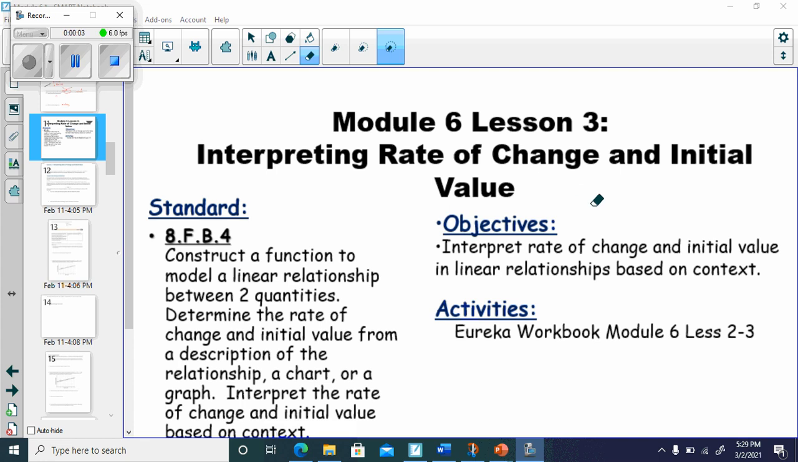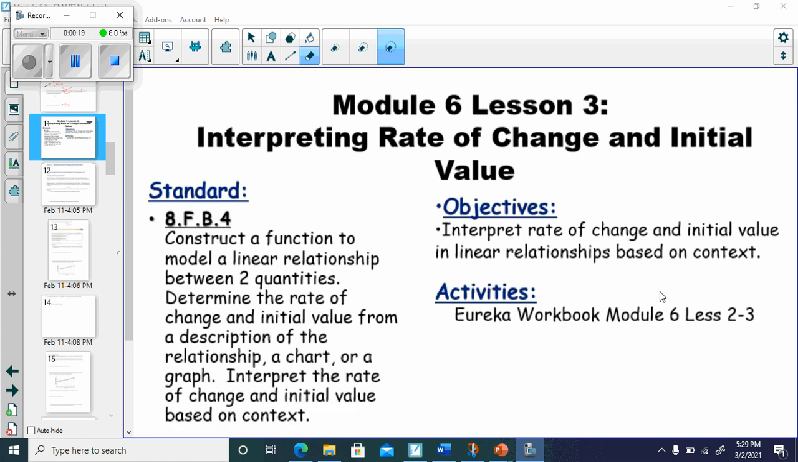This is Module 6, Lesson 3. We're going to be interpreting rate of change and initial value. We've been constructing functions to model linear relationships, and now we're going to take parts of those linear relationships, the rate of change and the initial value, and talk about what they actually mean in context of